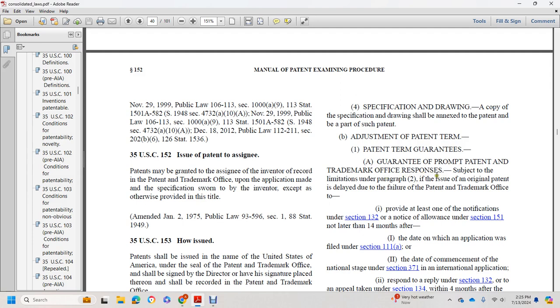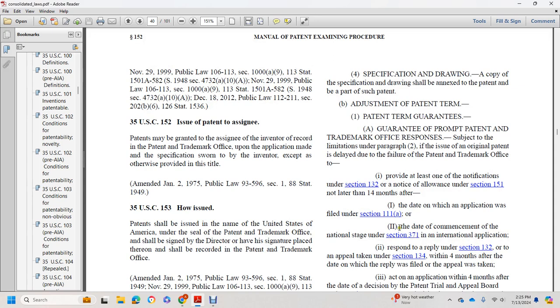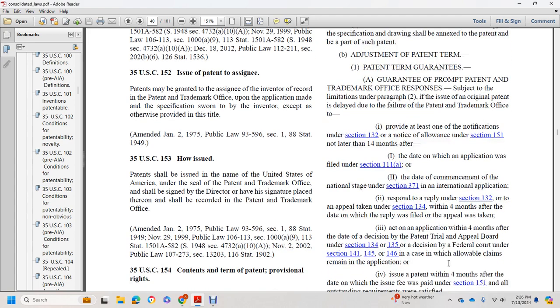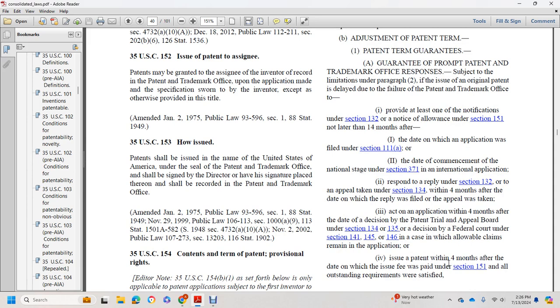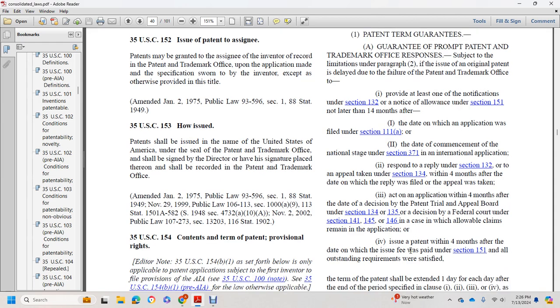Subject to the limitations under paragraph 2, if the issue of an original patent is delayed due to the failure of the Patent and Trademark Office to: 1, provide at least one notification under section 132 or a notice of allowance under section 151 not later than 14 months after the date on which the application was filed under section 111(a) or the date of commencement of the national stage under section 371 in an international application; 2, respond to a reply under section 132, or to an appeal taken under section 134, within 4 months after the date on which the reply was filed or the appeal was taken; 3, act on an application within 4 months after the date of a decision by the Patent Trial and Appeal Board under section 134 or 135 or by a Federal court under section 141, 145, or 146 in a case in which allowable claims remain in the application; or 4, issue a patent within 4 months after the date on which the issue fee was paid under section 151 and all outstanding requirements were satisfied,